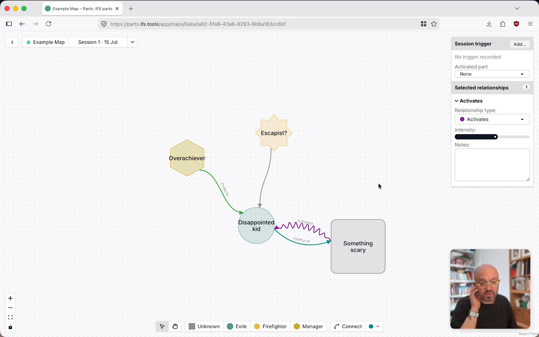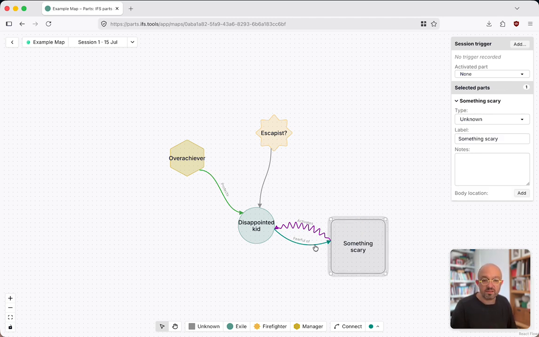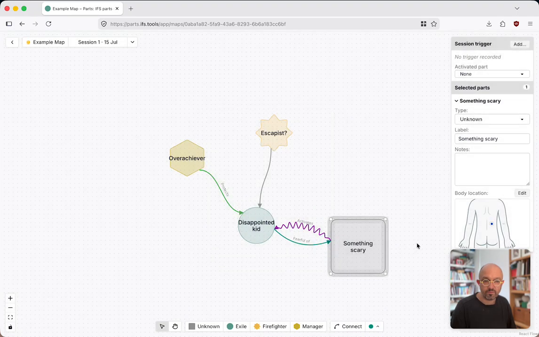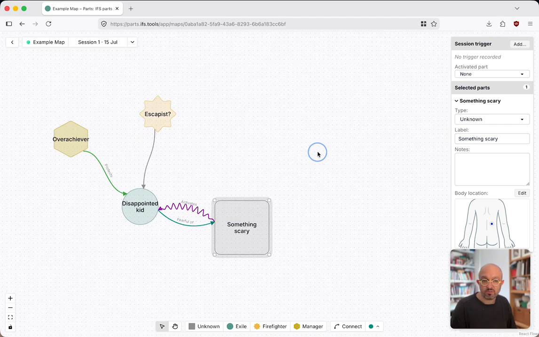Another thing that we can do is select a part and add a bodily location to it. So, for example, maybe this part is located in the lower back. This is useful to know as a note. So then, let's assume that this is as far as we got in the first session we had with this